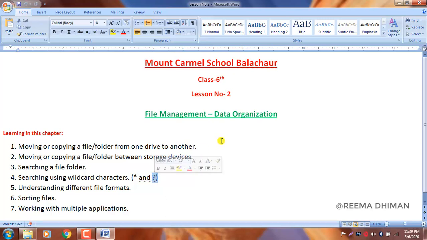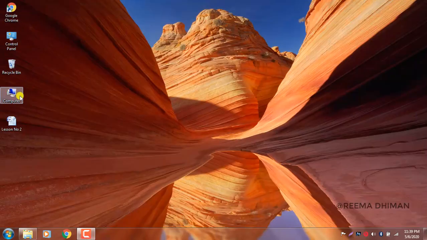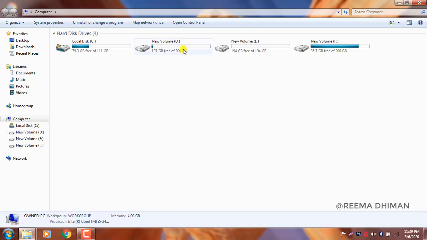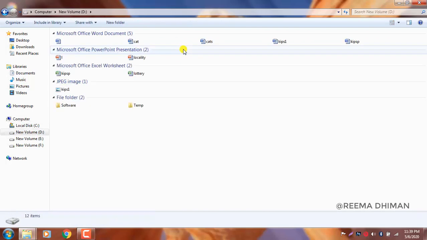The wildcard character question mark can be used in place of any single letter or symbol. So let's see how it works. Again, open the D drive. The very first example in this case is, if you want to search for the file whose name begins with caps followed by any one character and having the extension .docx.